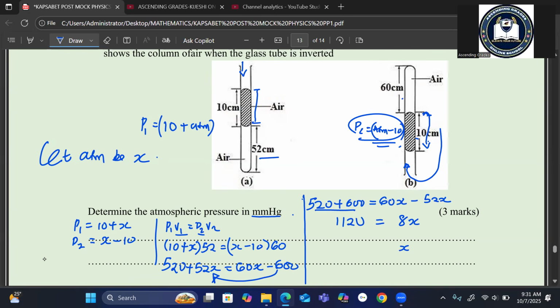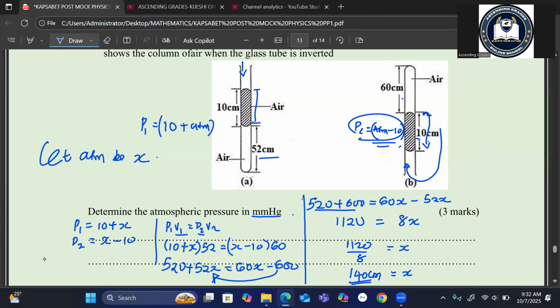So our x becomes 1120 divided by 8, and our x becomes 140. And since everywhere here we were working with centimeters, we expect this to be 140 centimeters of